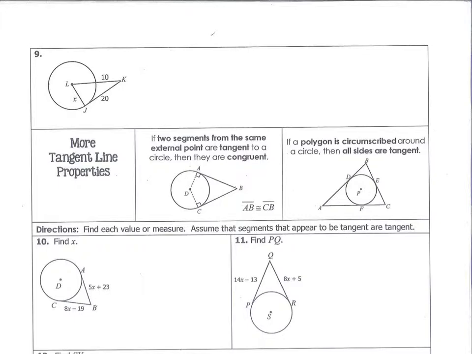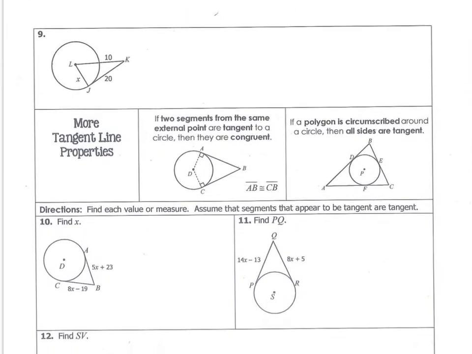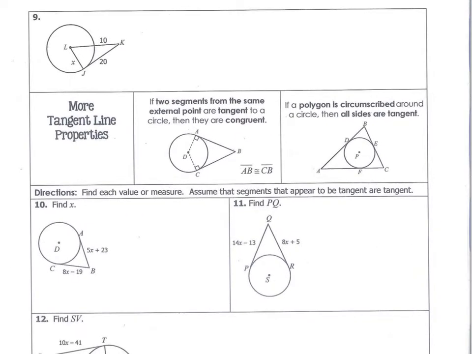So number 9, we can't avoid talking about. What are we missing on our picture? Yeah, what is this distance from here to here? What's that distance? Yeah, if that radius is x, this radius is x. So we're going to put an x here. So if we set up our a squared plus b squared equals c squared,